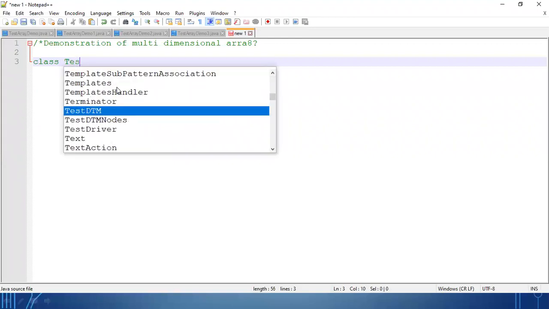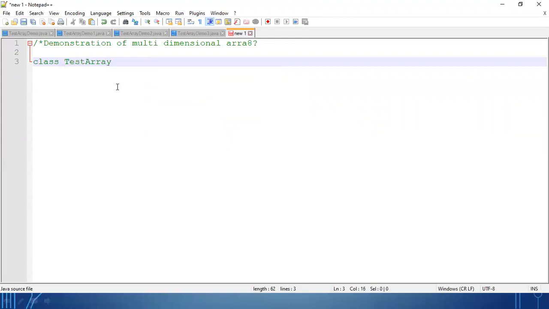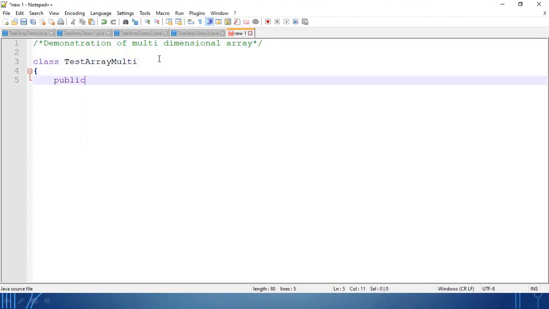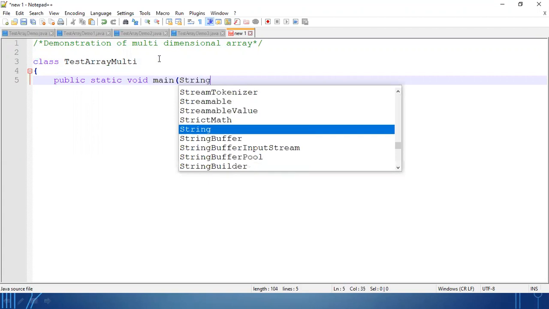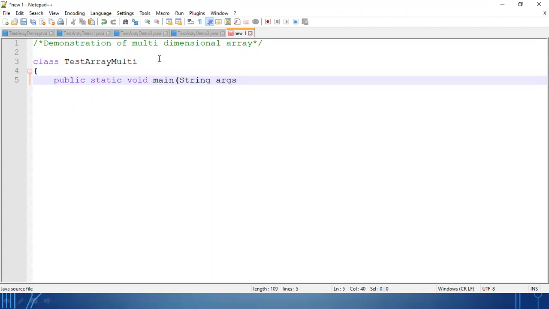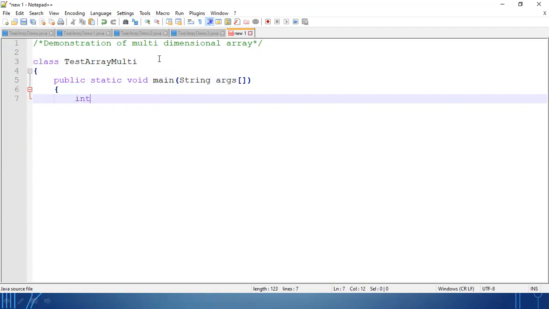So class test, array multidimensional. Under that, integer array, so this is the declaration you have done.